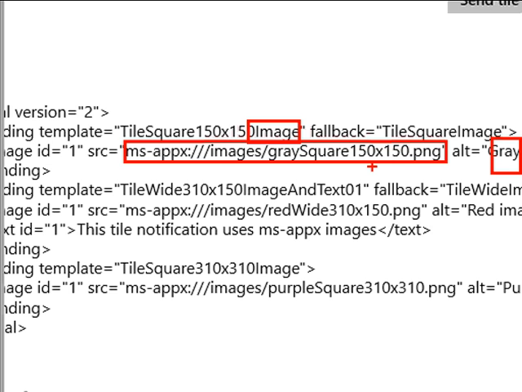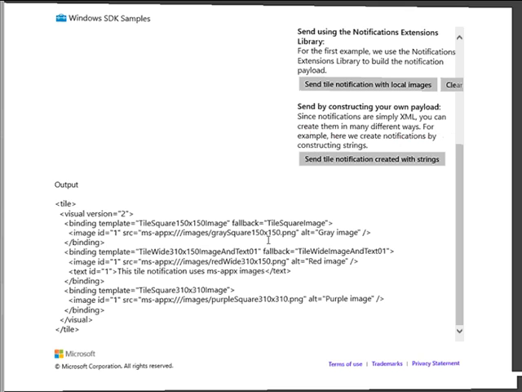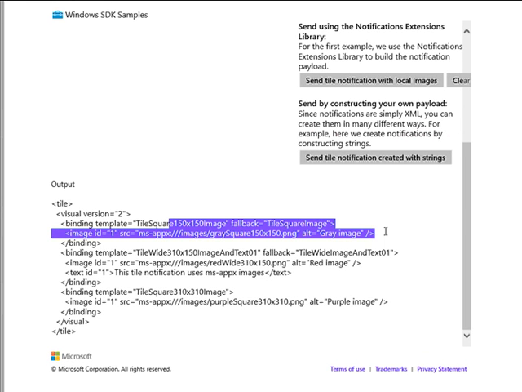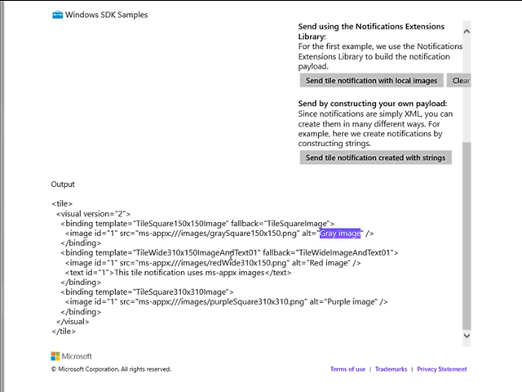For example, this will be just a gray and red and also the purple. As you see, for the small tile, the medium tile, I will have a gray image, for the white tile, I will have a red image, and for the purple one, that will be for my large icon,